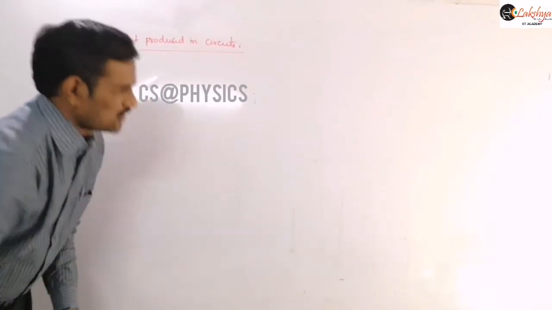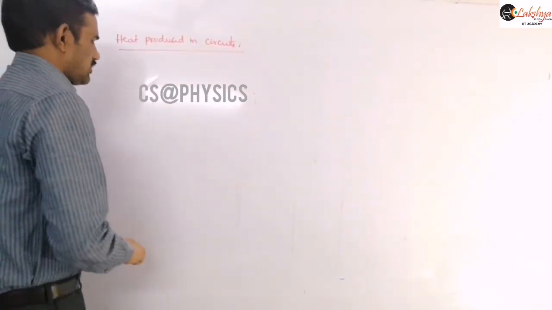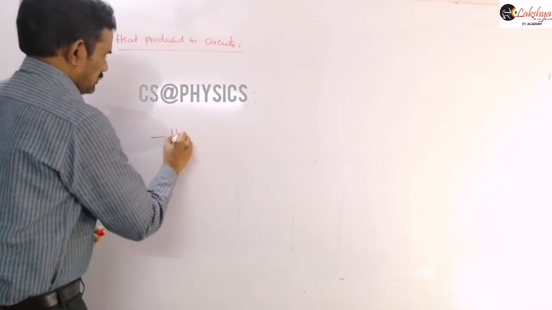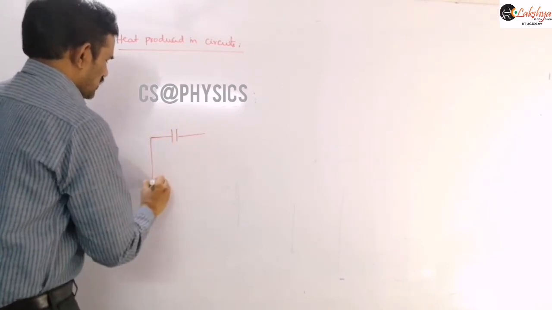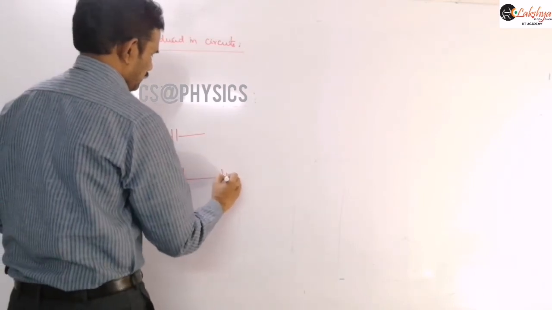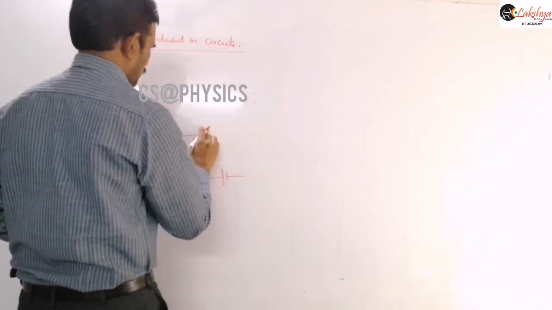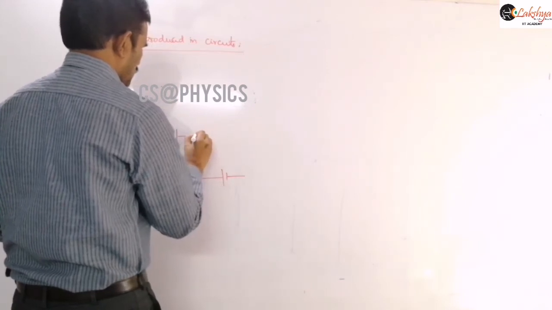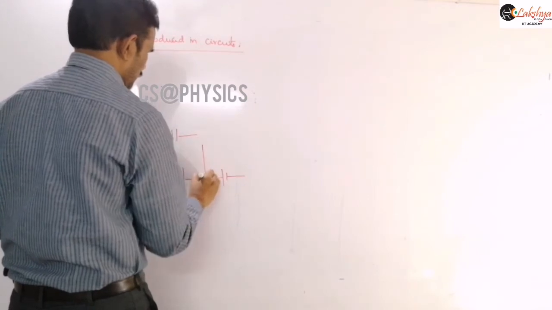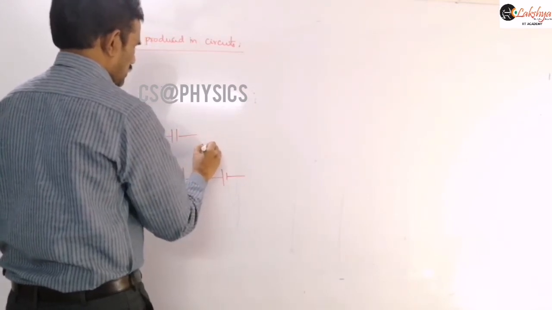So now I am taking that problem like this here. A capacitor is connected to the two cells by using this two-way plug key. So this is our second position.